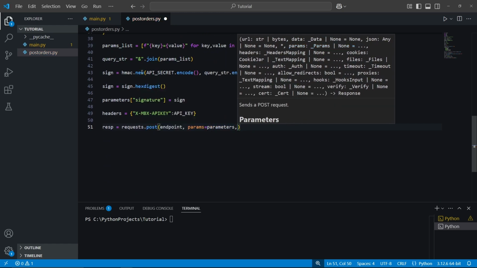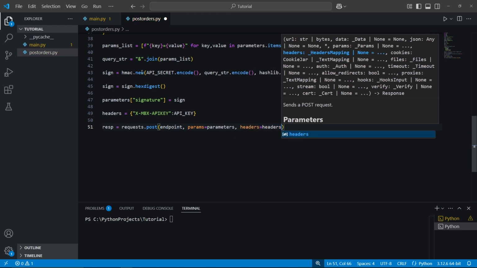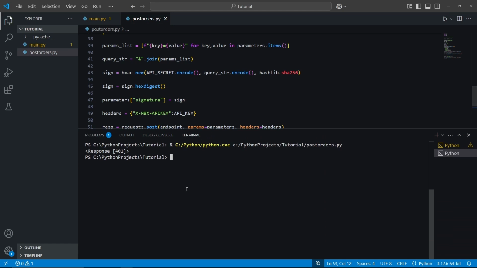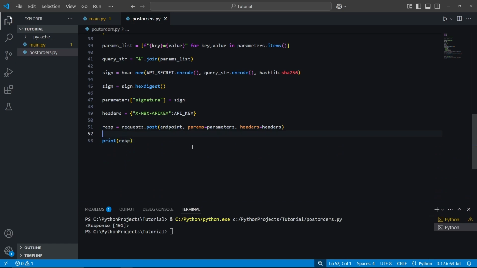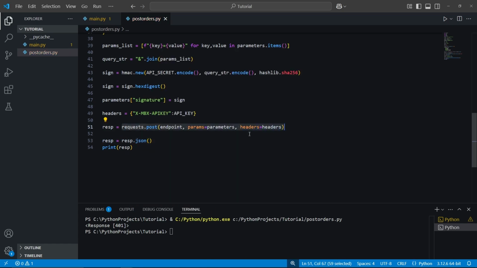And the headers parameter, we set it equal to the headers dictionary right there. And then if we call print response, we will actually see a very weird response, because it's an object we need to decode into JSON. So we put response equal to response.json, and we're basically losing that object by reassigning the response to itself with a method call, but we don't need that object anymore. So if we print it now, we get